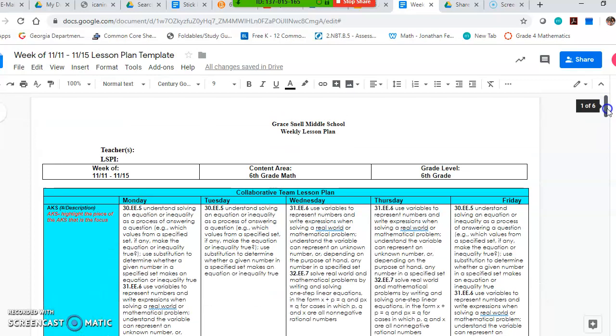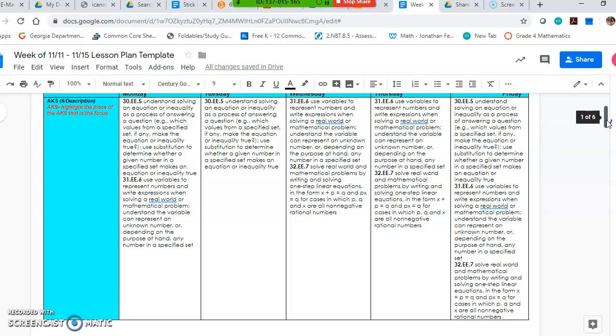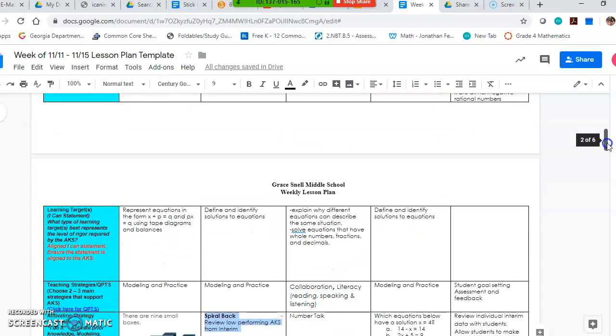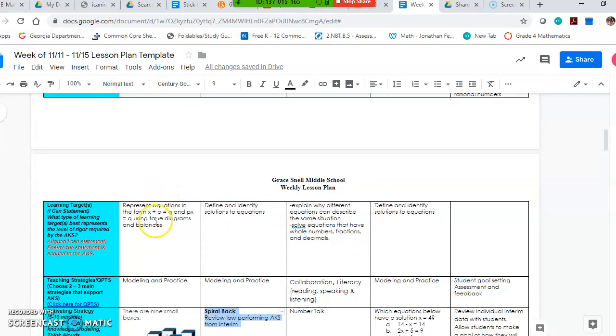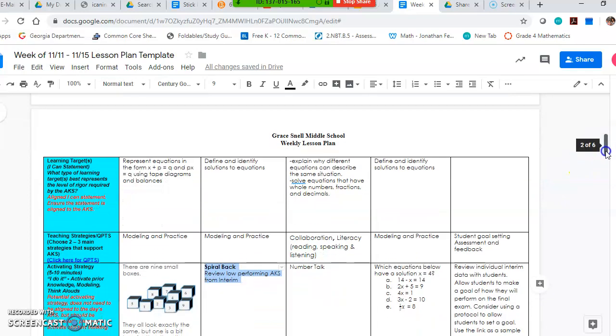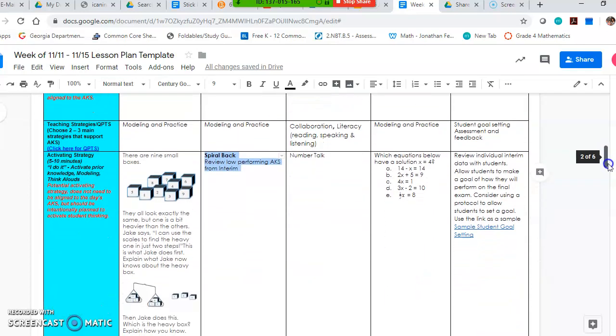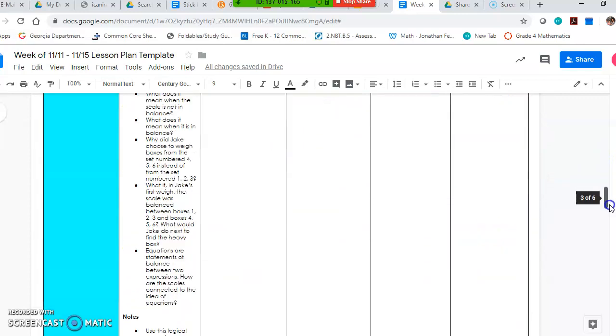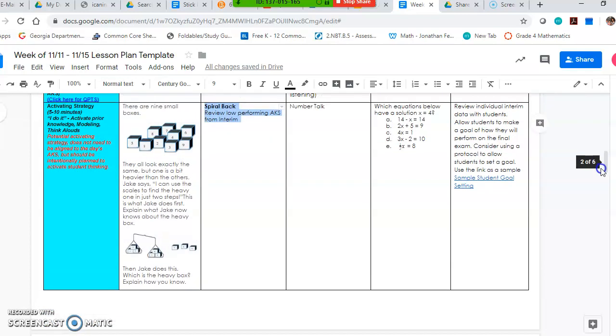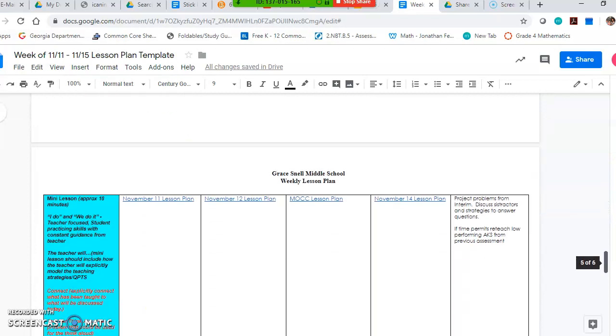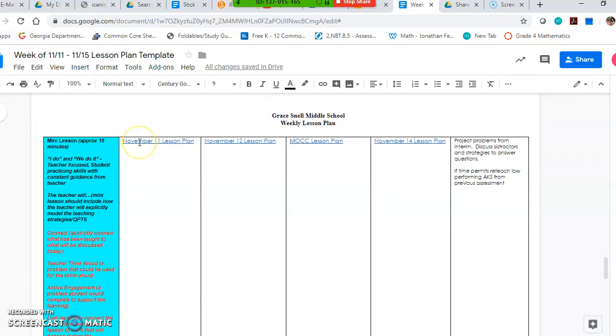For Monday, we're going to start with Unit 4, starting with AKS 30 and 31. The learning target is to represent equations in the form of x plus p equals q and px equals q using those tape diagrams and balances. My QCPS is modeling and practice. I'm going to go to the actual plan. In Monday's column, it has everything, but I'm just going to keep scrolling, and when I get to the mini lesson part, there's a link